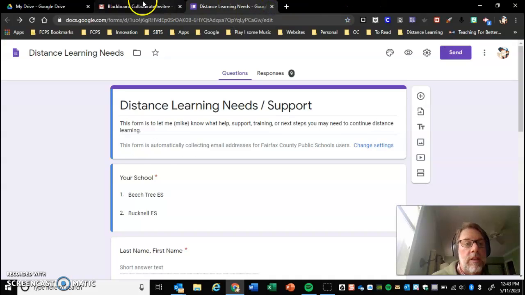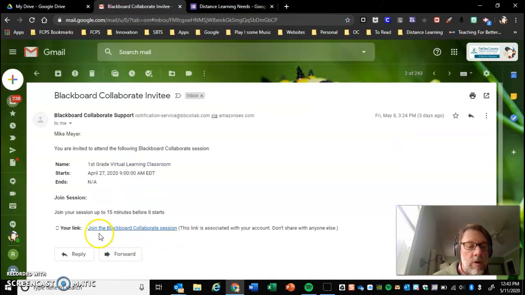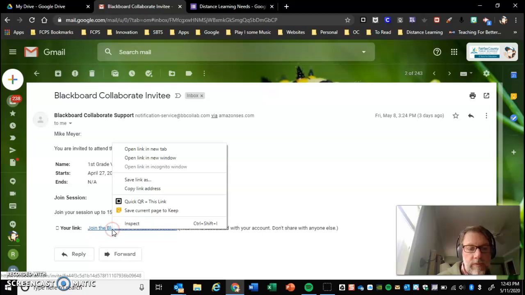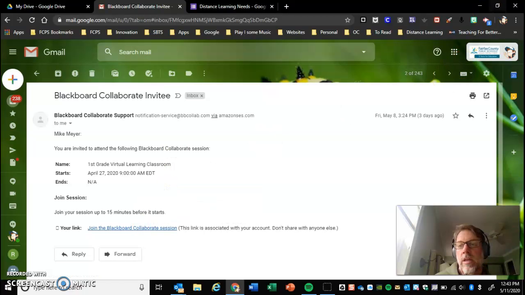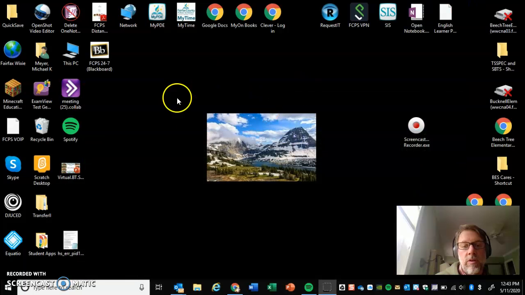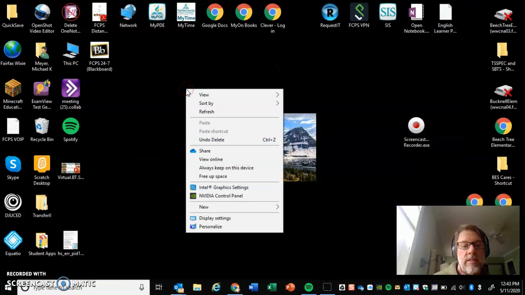Now, something that might be a little bit easier is if you go back to your Blackboard Collaborate invite in the Gmail, and you do a right click, and you want to copy this link. So right click on your mouse, copy link address, and then you want to go to your main screen here, and we're going to put a desktop shortcut. So we want to right click,